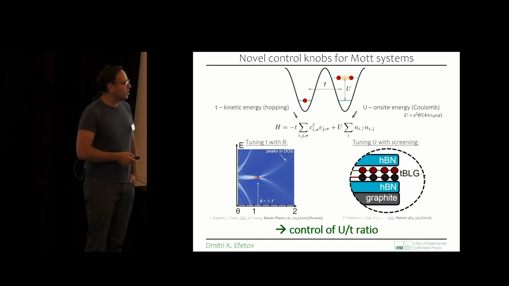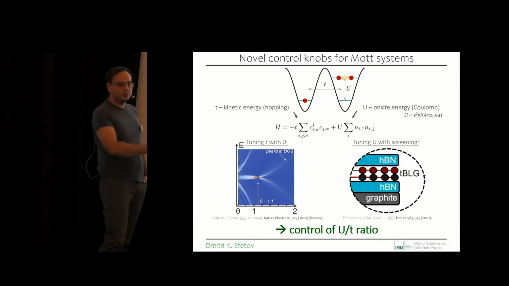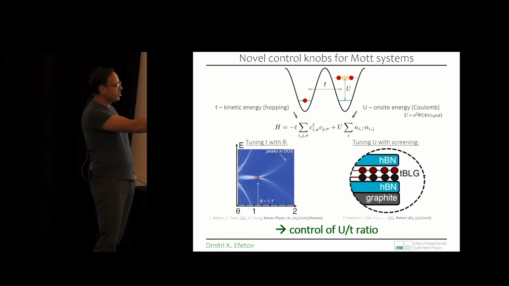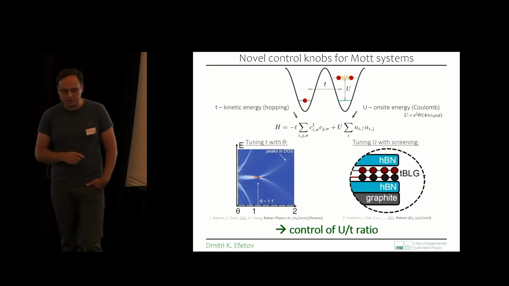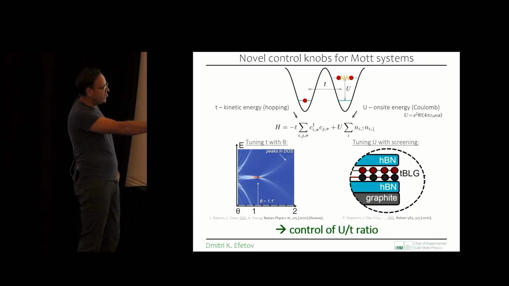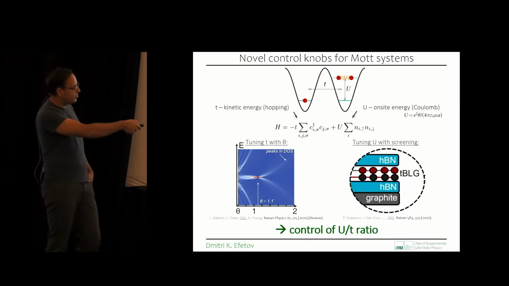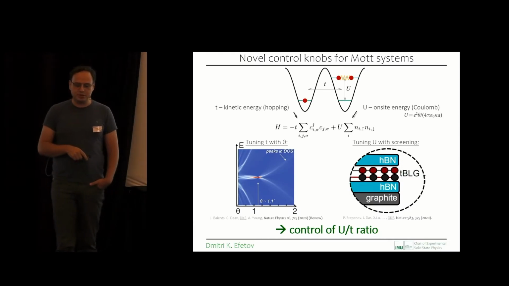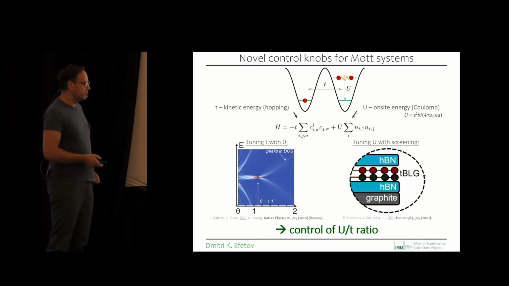And also, the onsite energy U we can control because we can stack up our material in a very complex dielectric environment. We usually stack our twisted bilayer graphene in hBN, which has a dielectric constant of 3.9, but you can use other dielectric constant materials. And we found early on that if you put metallic layers very close to the graphene surface, separated by just a few nanometers of hBN, electronic screening becomes important, and you can tune the interaction strength with this screening layer.